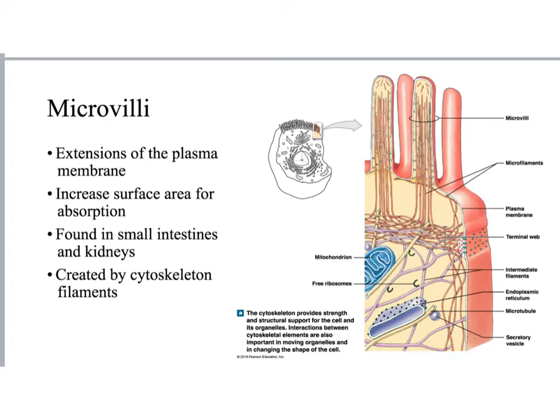It also provides means for transport, kind of like a railroad system for things to be moved along in different directions. Microvilli, as you can see in the picture, are kind of extensions of the plasma membrane. So you see the membrane here, and then it kind of comes out in a finger-like projection. And you can see that that's being formed by these filaments that are kind of pushing that